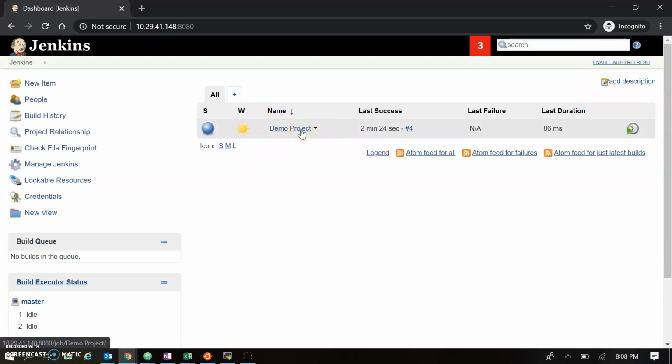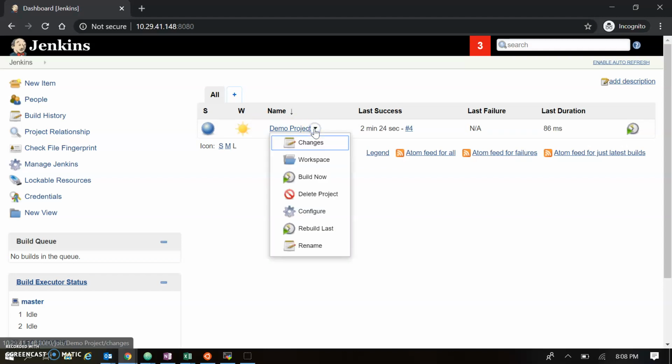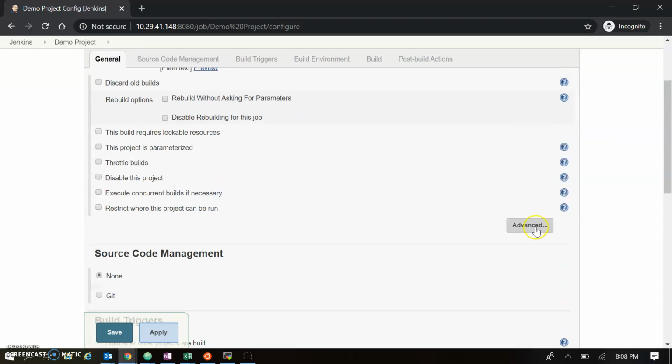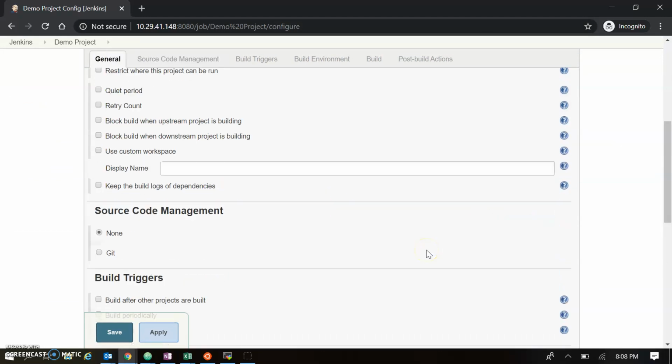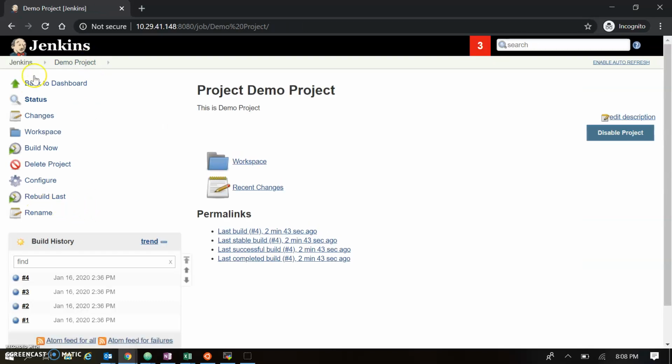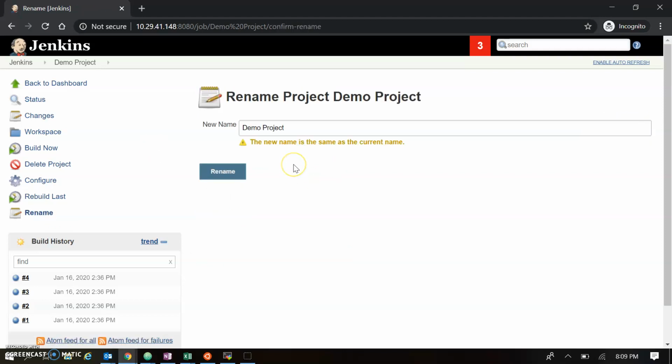So the rename option is available from here. In rename, we can again configure the demo project in your display name here, and to rename you will find an explicitly different option at your configuration level. So this is again the same configuration which is coming in your dashboard level. Let's move forward to copying your project.